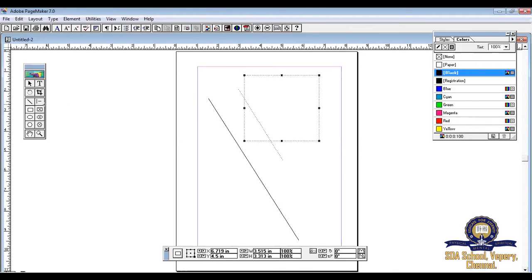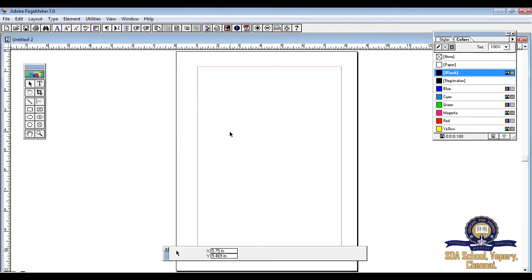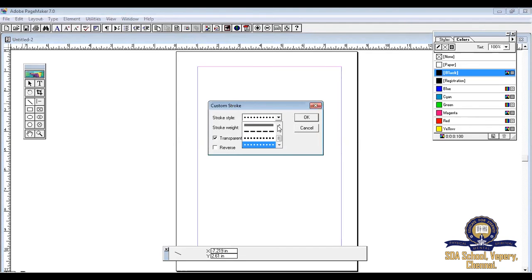Since you have selected your custom stroke as dotted, the rectangle also looks dotted, so please remove it. Let us draw with a simple, straight, plain line so that you can easily see on the screen. Right? Now, select the line style one more time.